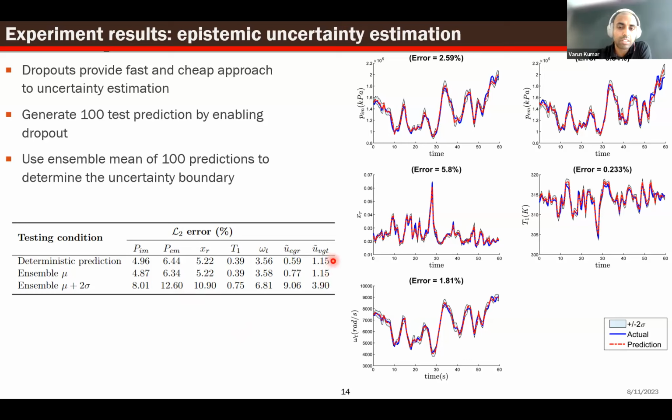Also, because the dropout values were small in the actuator models, that is where we see the maximum increase in the error when we use an ensemble type of prediction. So it basically shows that dropouts have a good effect on the network in terms of reducing the impact of noise, as well as reducing the uncertainty that you might expect to see in your model.